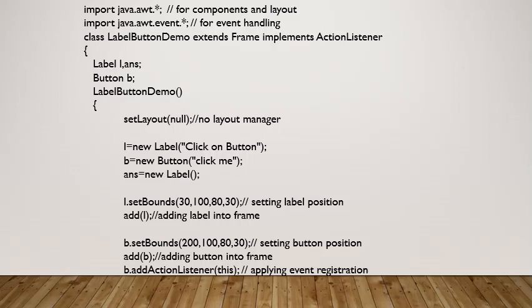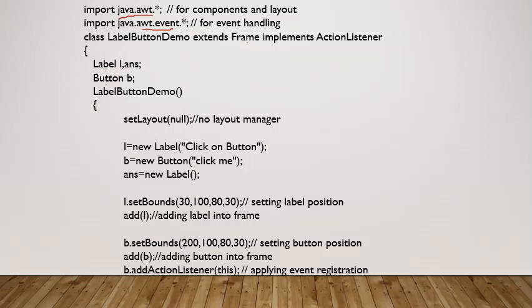Okay, we require to import the package java.awt. What do we require this AWT for? We require it for Label, Button, Frame, and the layout. All these are there in the AWT. Then why this java.awt.event also? Someone might be confused: when I say that all the classes and interfaces of java.awt are being used, that's why we write star or asterisk over here.